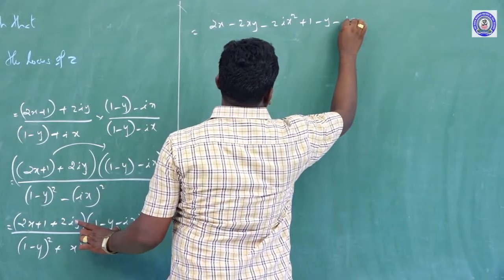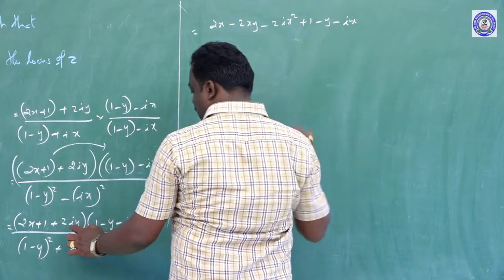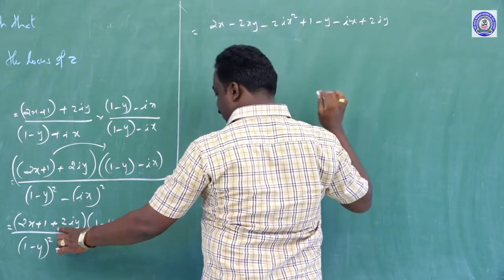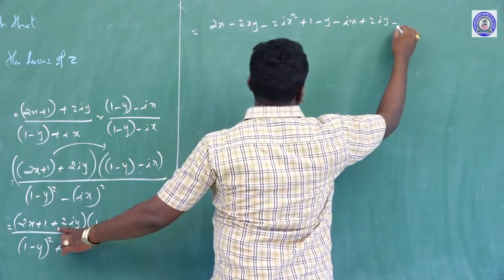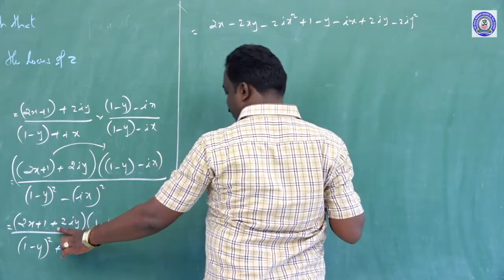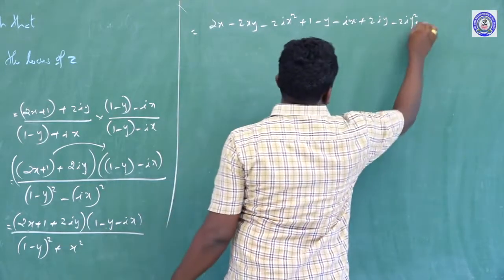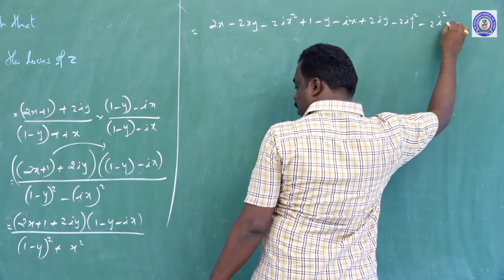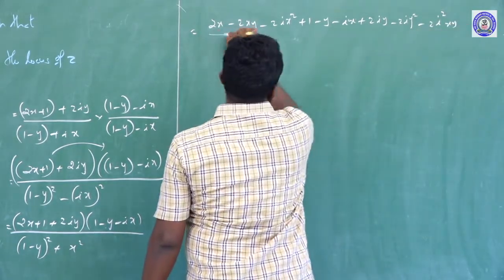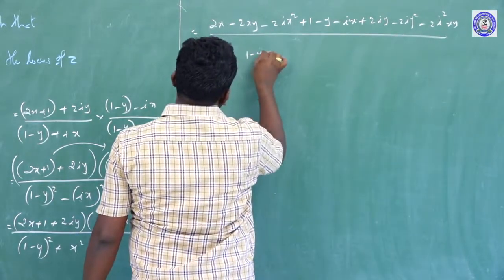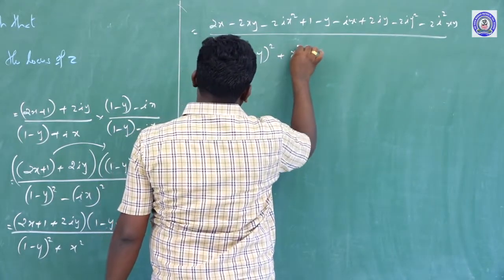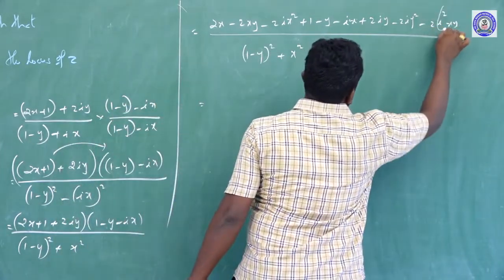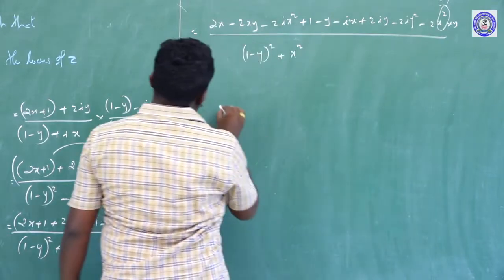Then multiply with 2iy: plus 2iy, then minus 2i y², then minus into plus, minus 2i² x y, over the denominator (1 − y)² + x² as it is. Now simplify the numerator. i² is equal to minus 1, therefore it is 2x,